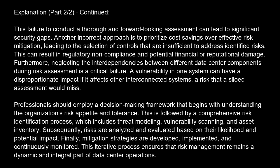Another incorrect approach is to prioritize cost savings over effective risk mitigation, leading to the selection of controls that are insufficient to address identified risks. This can result in regulatory noncompliance and potential financial or reputational damage. Furthermore, neglecting the interdependencies between different data center components during risk assessment is a critical failure. A vulnerability in one system can have a disproportionate impact if it affects other interconnected systems, a risk that a